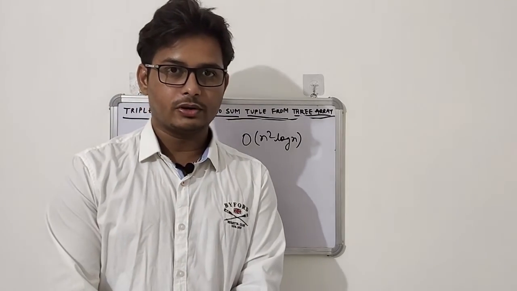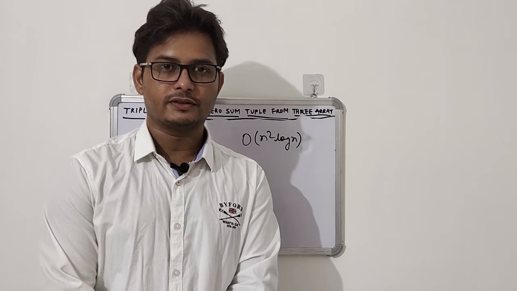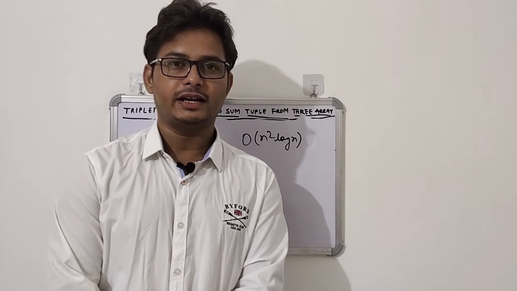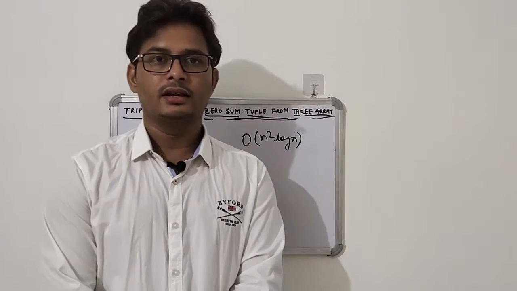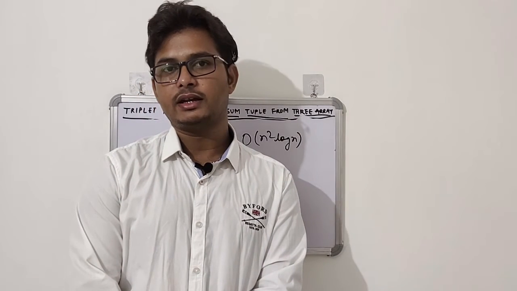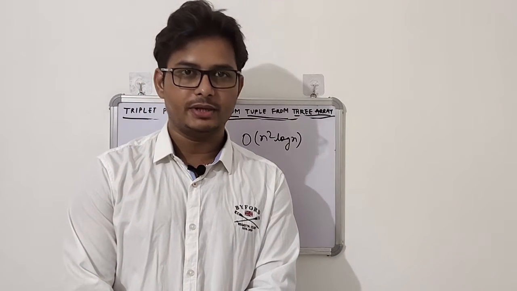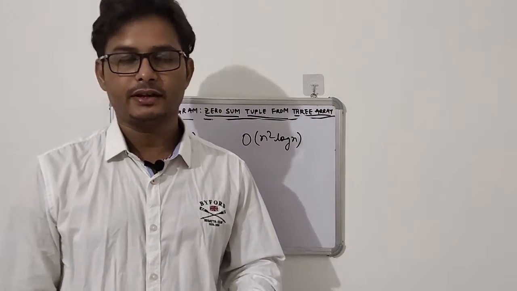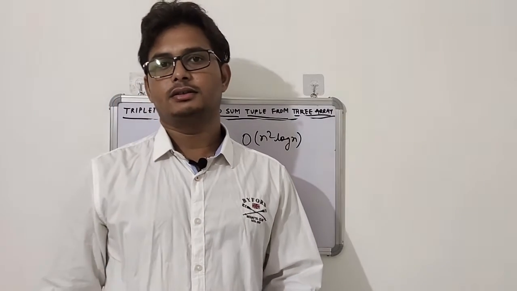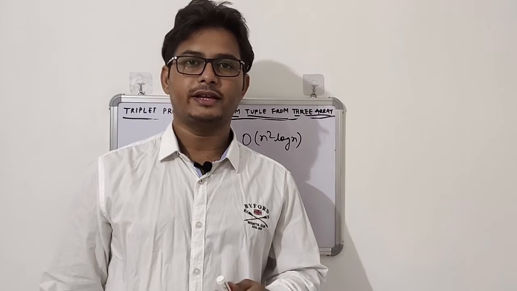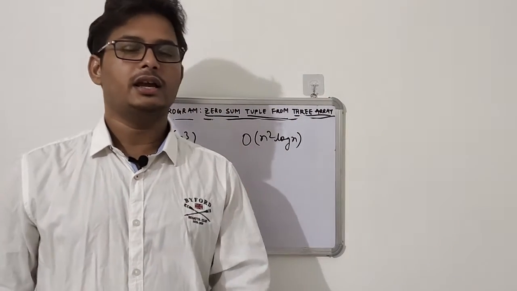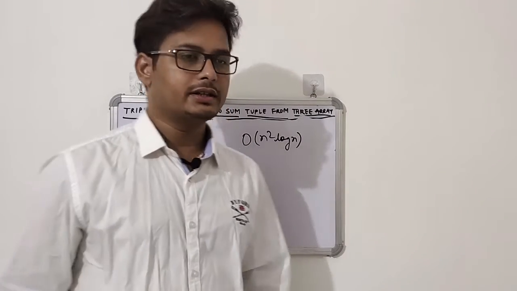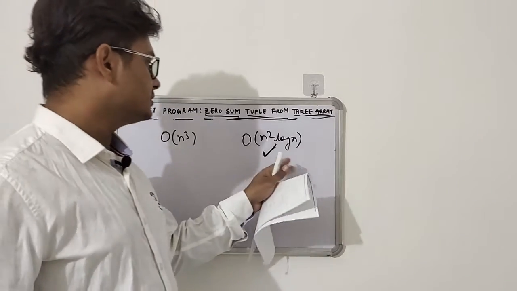Now we have seen the two approaches. The first approach was brute force, and the second approach was slightly better than the first one, in which we created an extra array, extra space in our memory of size n square, and stored all the sums of array A and array B in our new array. Then we sorted the array, which takes n square log n time. And then for each element of array C, we searched for an element in our sorted array, which takes n into log n square, which is n log n. So the overall time of this approach is n square log n.